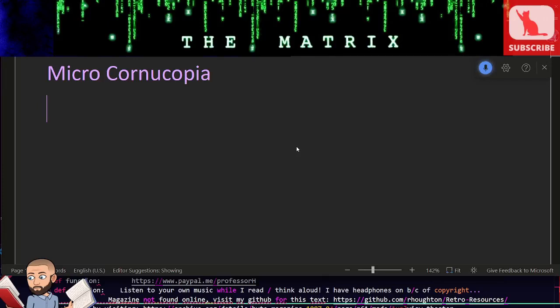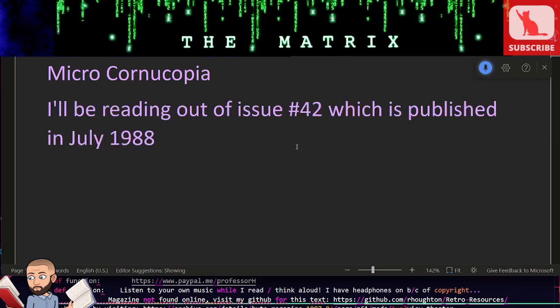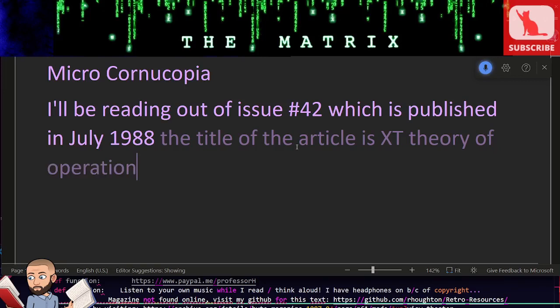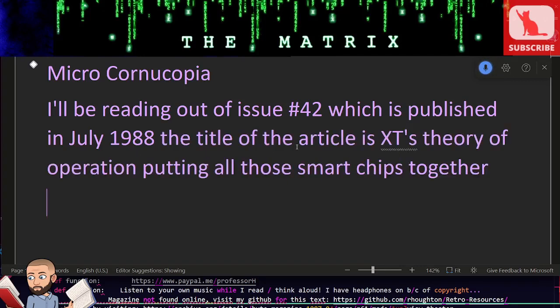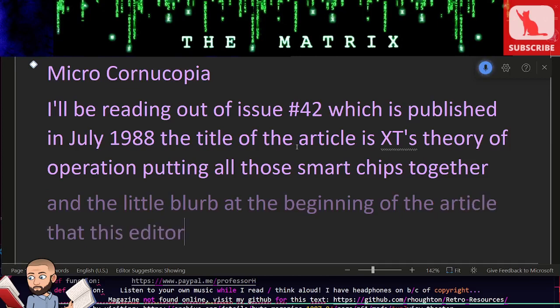I'll be reading out of issue number 42, which is published in July 1988. The title of the article is "XT Theory of Operation: Putting All Those Smart Chips Together." In the little blurb at the beginning of the article that this editor often likes to add, he says that